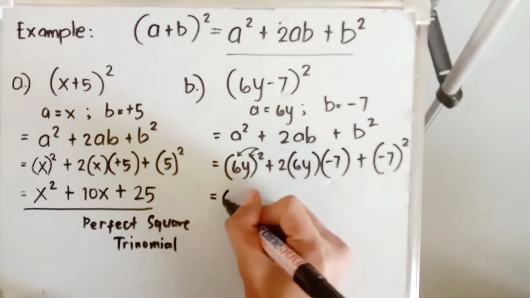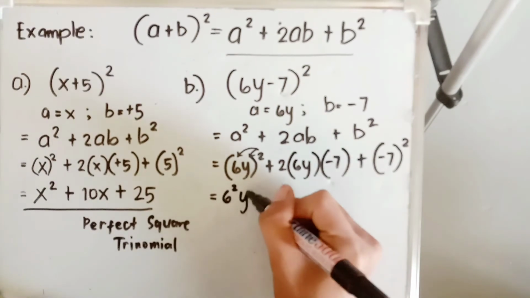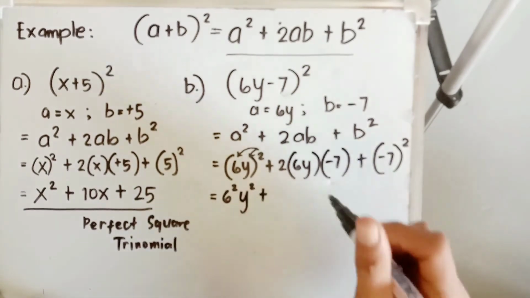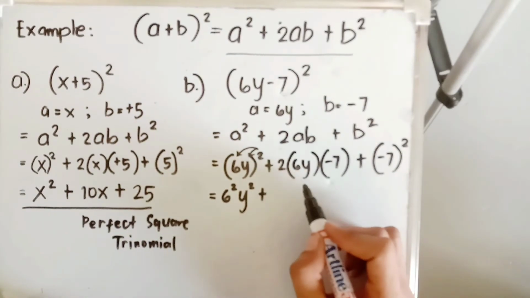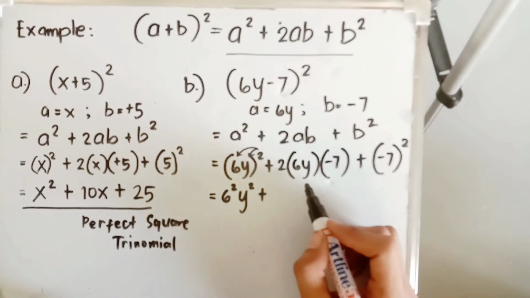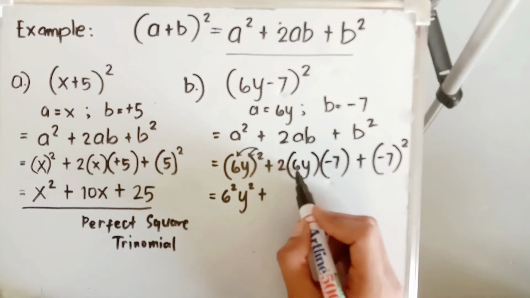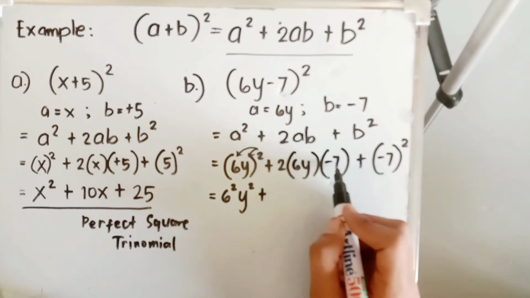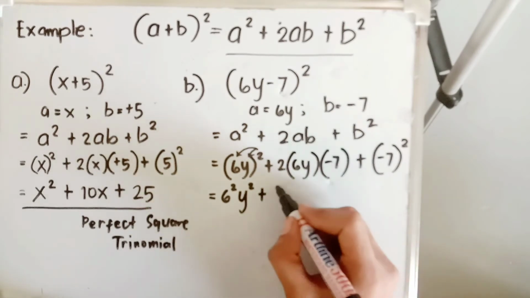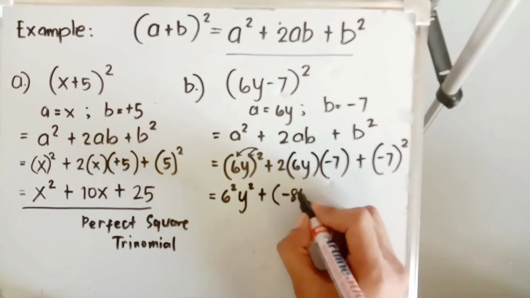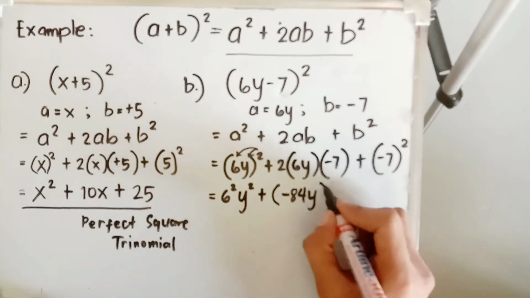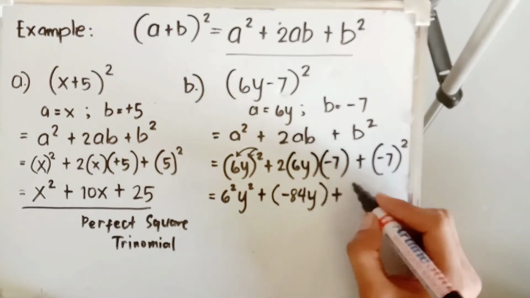So that is 6 to the power of 2, y to the power of 2, plus, for this given term, you have to multiply first the numerical coefficients or the numbers. So we have 2 times 6 makes 12. 12 times 7 makes, what is 12 times 7? Negative 7. That makes negative 84y. So plus the square of negative 7 is